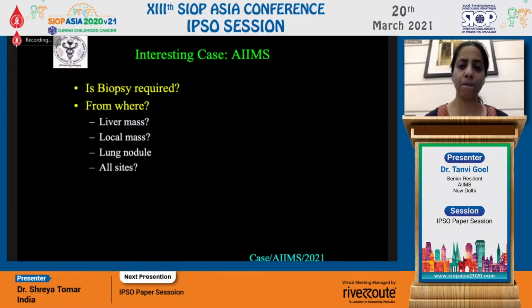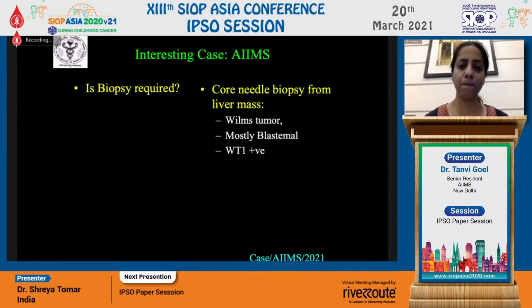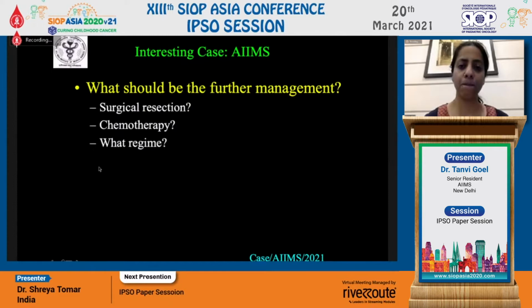So the questions that arose here were, is a biopsy required in this case? If yes, then where should the biopsy be taken from, whether from the liver, the local site, or the lung? So a core needle biopsy from the liver mass was done, as they were easily accessible. Which showed a Wilms tumor with mostly blastemal component, and which was WT1 positive on IHC. So what should be the further management with this biopsy in hand, whether it should be surgical resection, chemotherapy, or